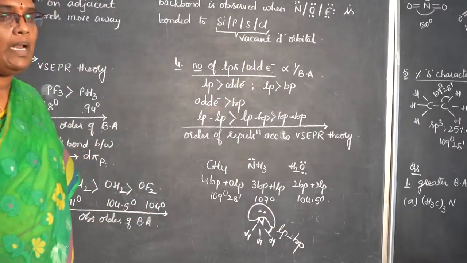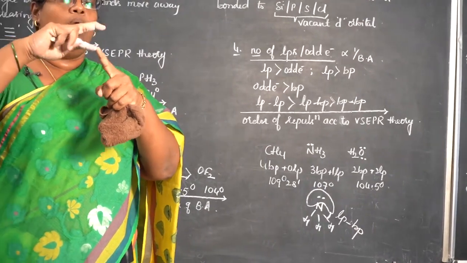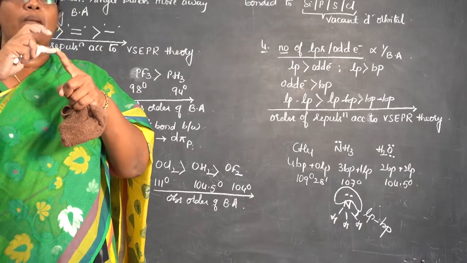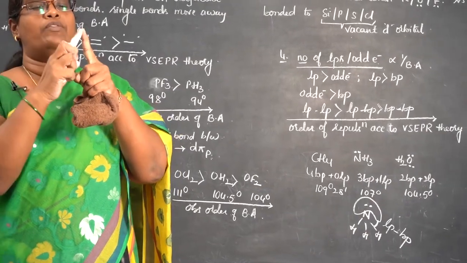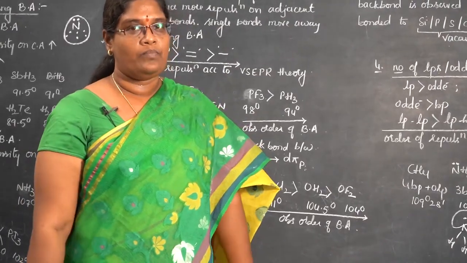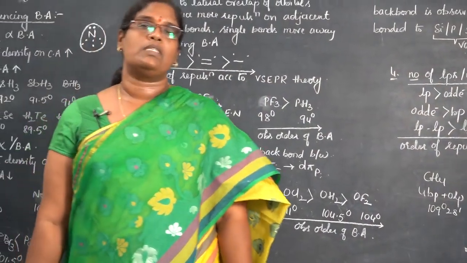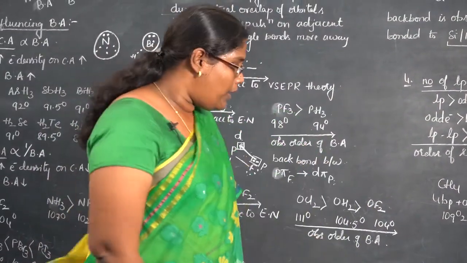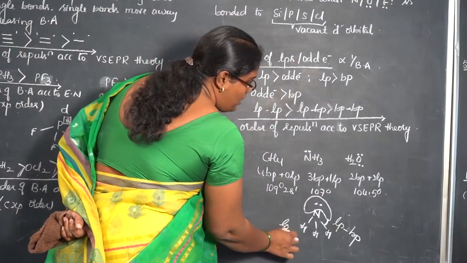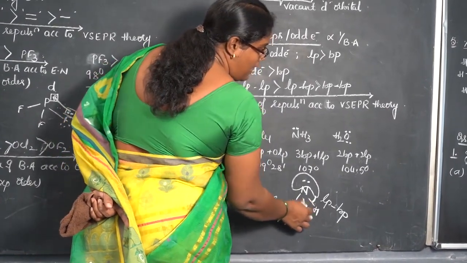Lone pair bond pair repulsions. To minimize that, here we have the lone pair. The lone pair is producing repulsions on the bond pair. And to minimize the repulsions, the bonded pairs have to come close, and that is decreasing the bond angle. This is all because the lone pair is under the influence of a single nucleus. So in ammonia, the bond angle is decreasing because the lone pair bond pair repulsions are becoming stronger than the